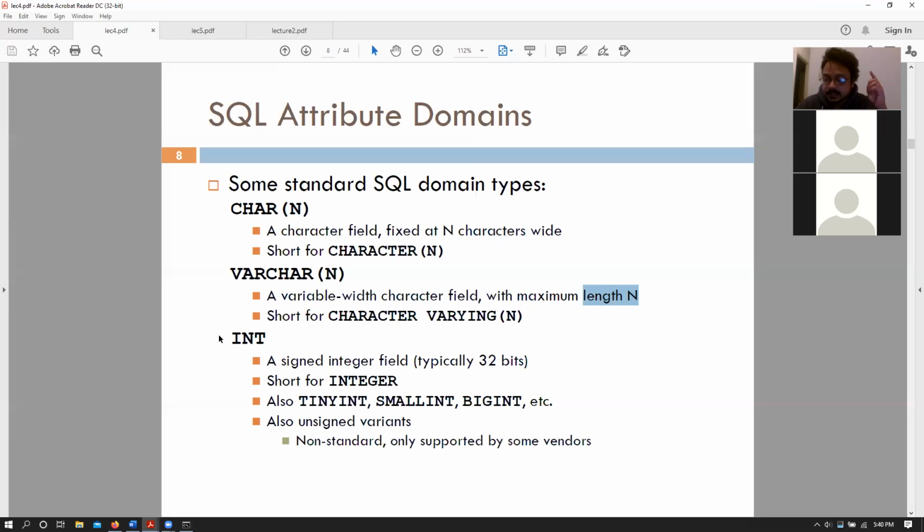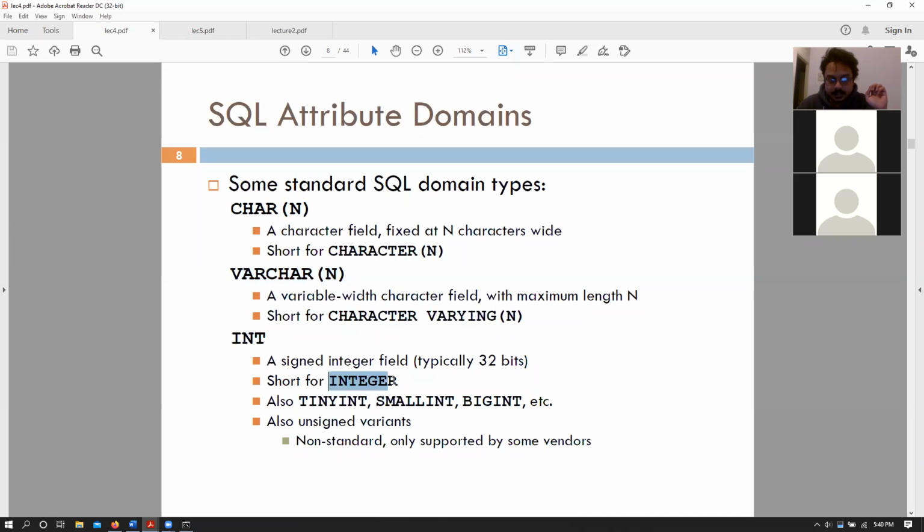CHAR(n) still has some constraints defined on it. So for example, CHAR(n) can hold up to 256 bytes or 256 characters. That is the highest character size that it will allow you to create. VARCHAR(n) allows you to create, I believe, 64 kilobytes of characters.